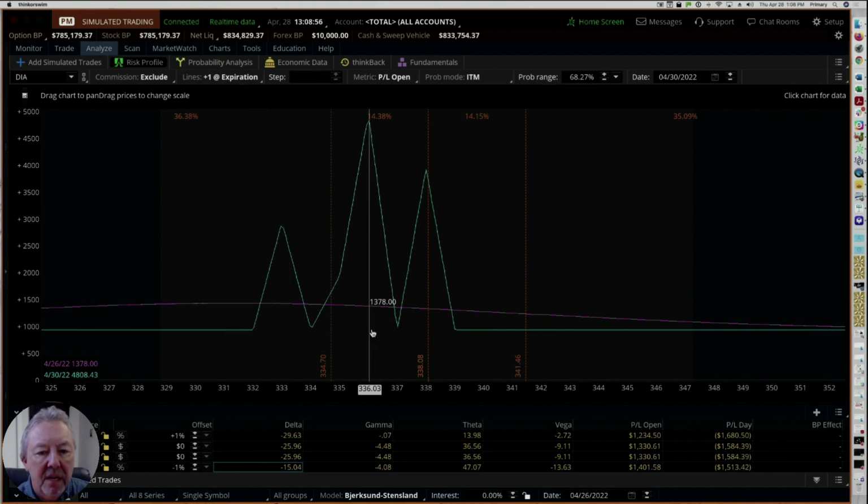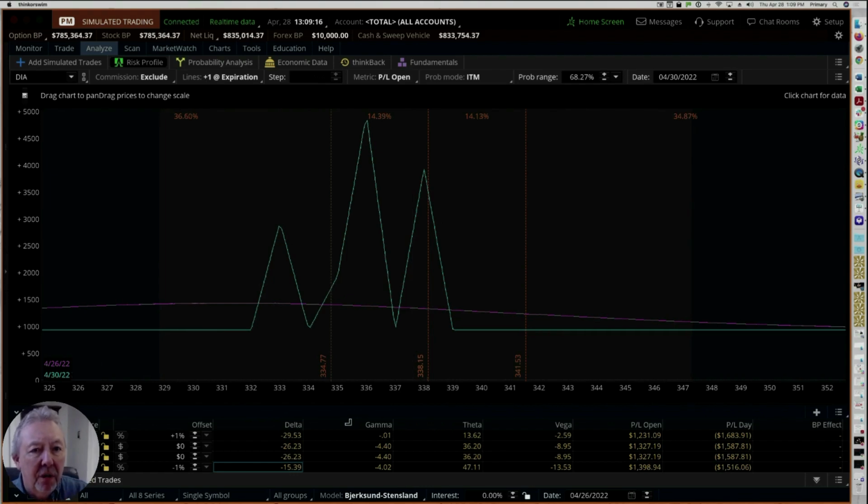Maximum is the center of the tent at $4,808. There's a couple of other tents on either side at $3,880 if I hit it, and $2,900. So in that area someplace. Now this is getting close to expiration. This is April 28th, and these are weekly options that expire tomorrow. And right now, the price is at $338. Now, if it settles right here tomorrow, that would be wonderful. I'd make about $3,800.